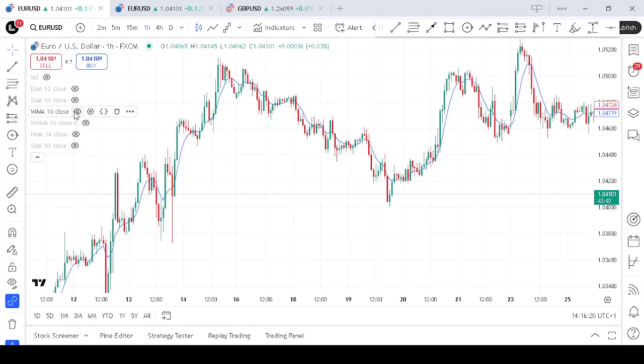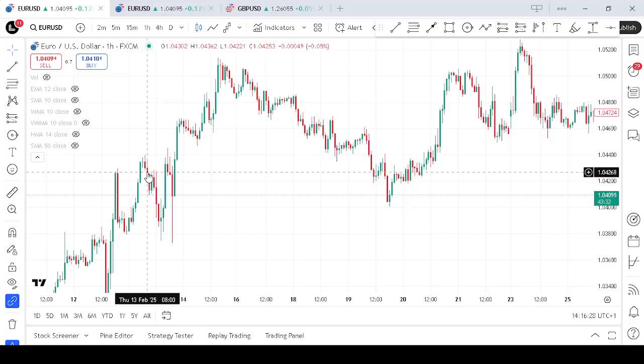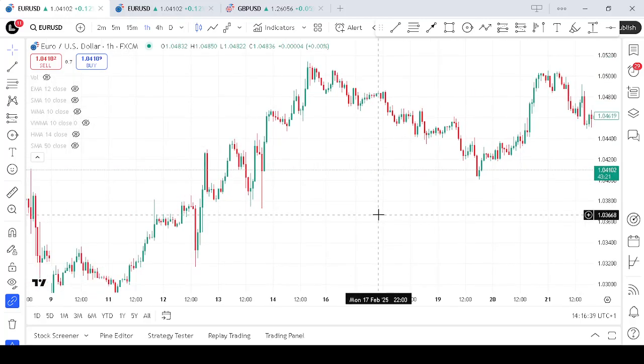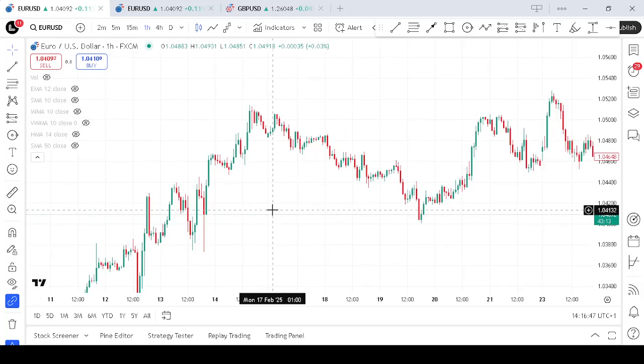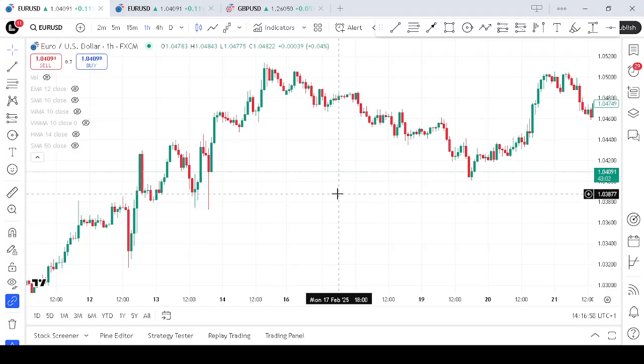Okay, the next moving average we are going to talk about is the volume weighted moving average, the VWMA, which is a unique tool in forex trading that takes both price and volume into account. Unlike other moving averages that focus solely on price, the VWMA gives more weight to prices that occur with higher trading volume. This means that it reflects the true market activity more accurately,